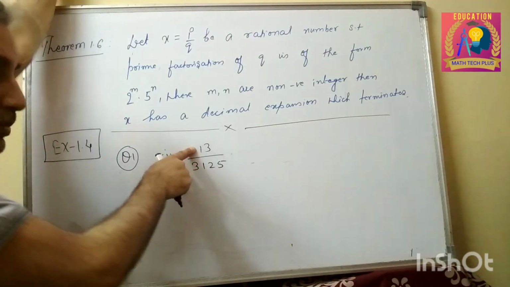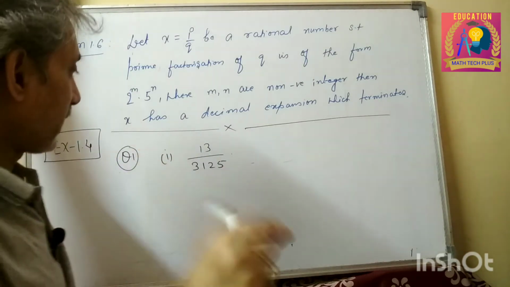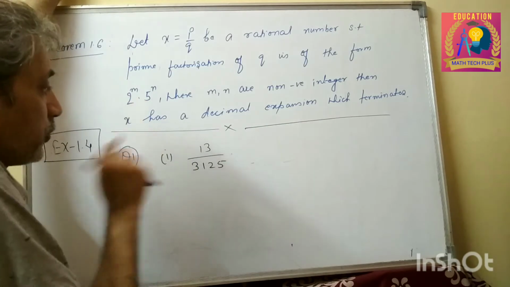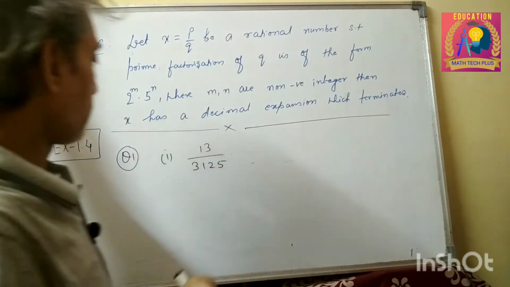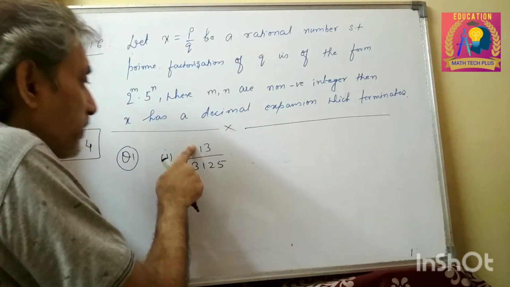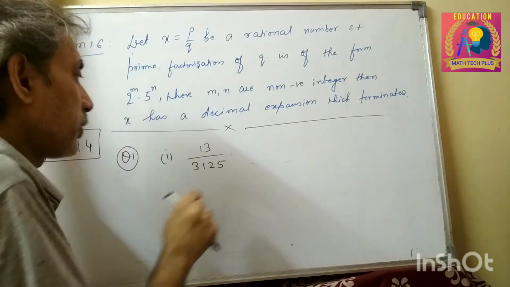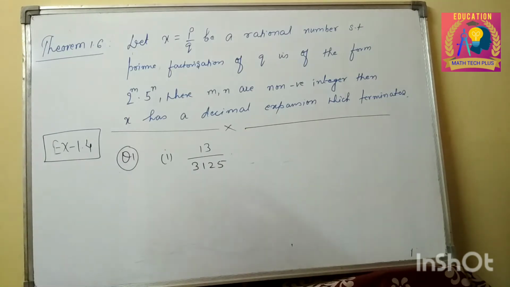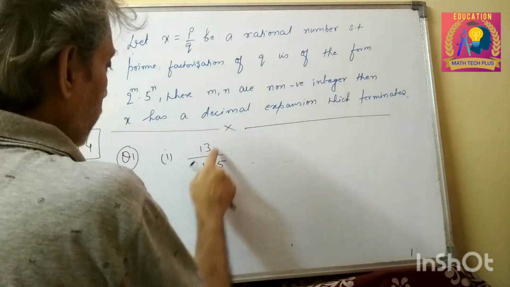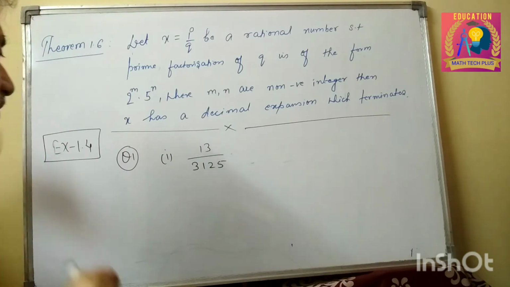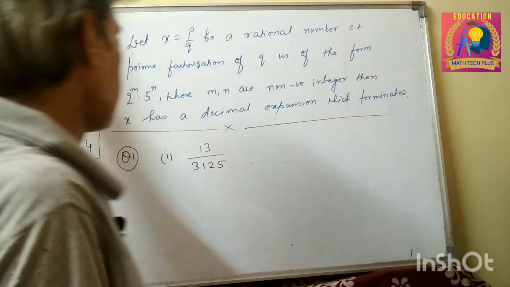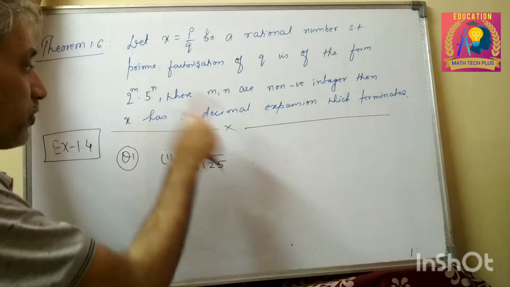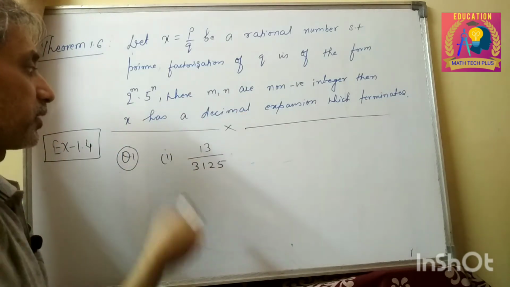13 being a prime number, what a prime number is I have already explained in the previous video. So now people know what a prime number is. So 13 being a prime number, it cannot be divisible by anything other than 1 and itself. तो यहाँ पे इन दोनों में कुछ कॉमन फैक्टर होने का तो कोई प्रश्न है ही नहीं. There is no question of having a common factor between 13 and 3125. तो फर्स्ट स्टेप ये चेक करना है आपको, दोनों में कुछ कॉमन है तो कट कर देना है, नहीं तो ये गलती हो जाएगी.